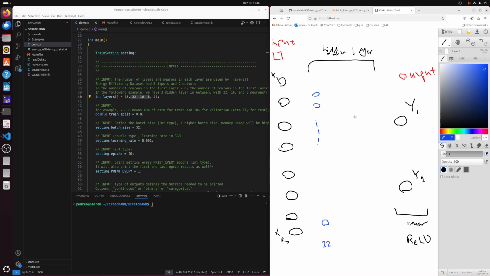Then I have 16 neurons here, then I have 8 neurons here as well. Okay, this is the architecture of this model at this moment. Maybe I can just do it a little bit cleaner. And then all these